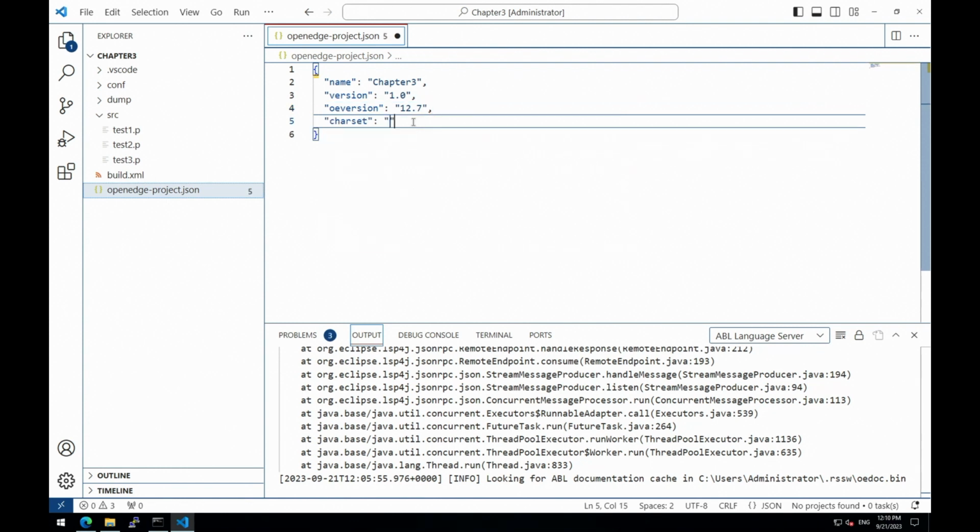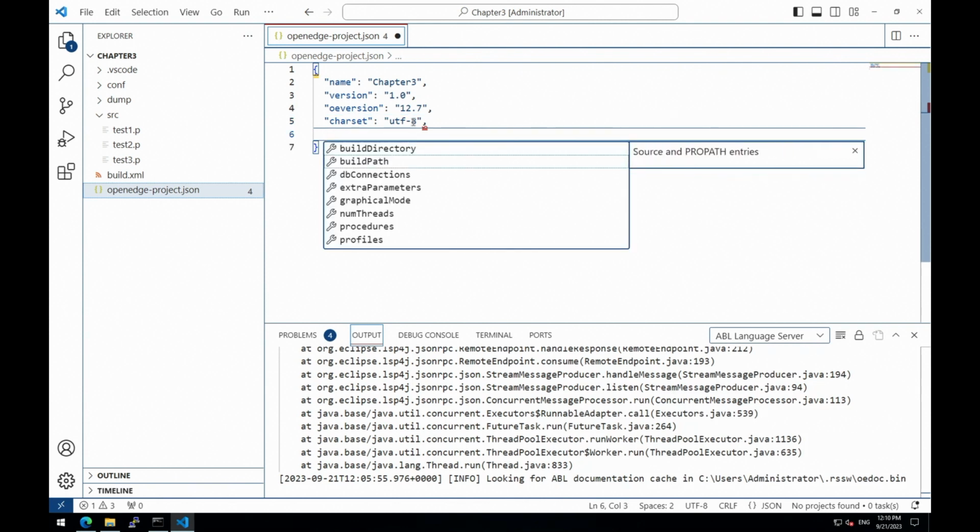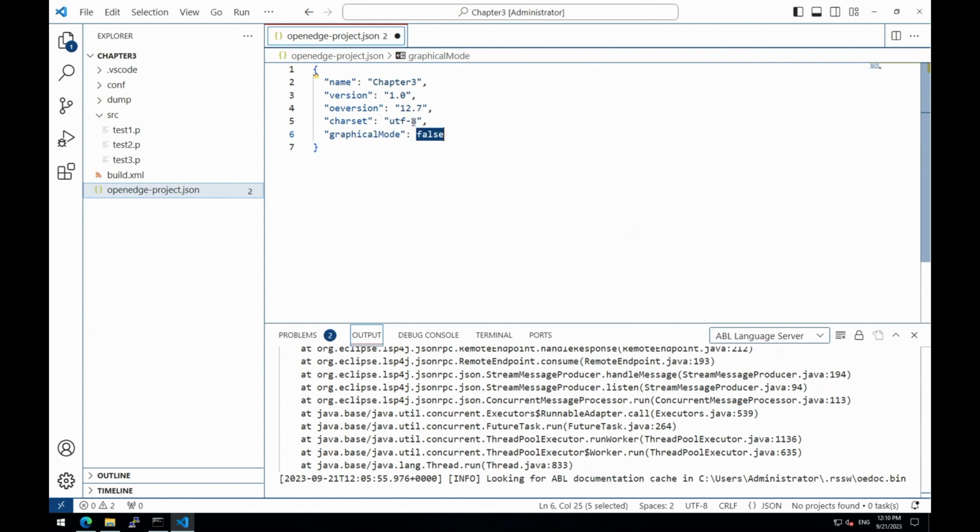We also have to define a character set. We'll always use UTF-8. If you are not using UTF-8, switch to UTF-8 and do yourself some good. We can specify graphical mode. Do you want to work with a TTY compiler or GUI compiler? If you are working with PASOE, if you develop server-side code, you can work with the TTY compiler, so you specify graphical mode false. That will execute _progress to compile your code. If you work with Windows or .NET or graphical components, switch to graphical mode true.